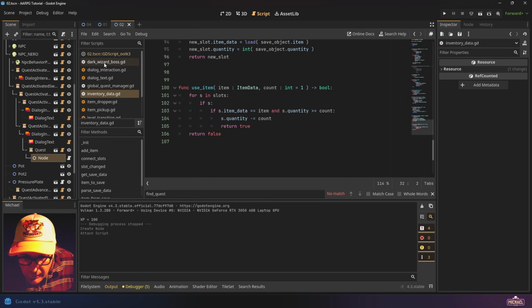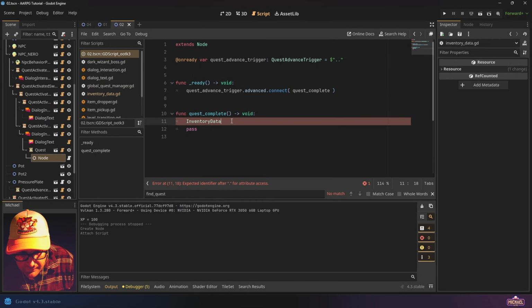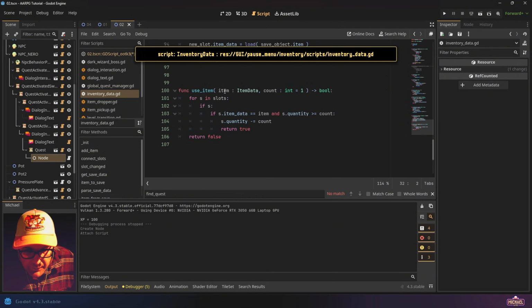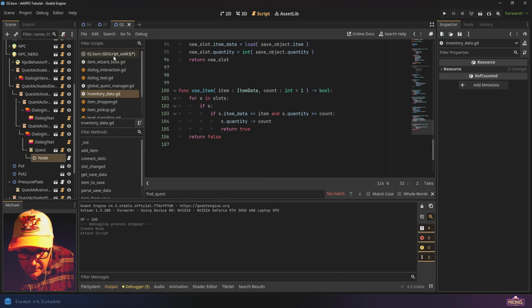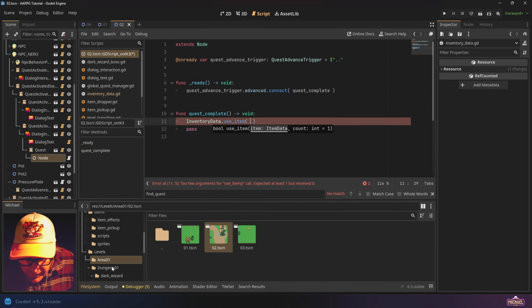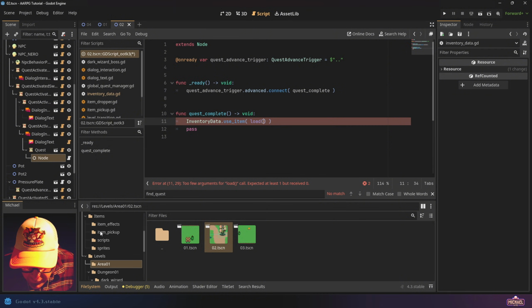So let's go back to this weird little script. Let's say use item. Why am I not getting any complete? Use item, right? And we just need to pass in the item data, and we can leave count blank. So this use item, let's find the item we want to use, and we'll just drag it in there. And we're going to have to load the resource. So if I find the item resource up here,